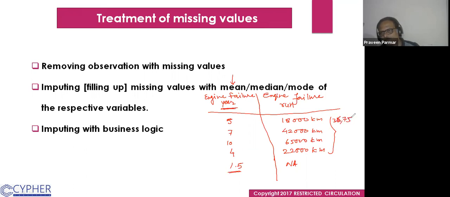This is the mean value. So if I fill in 36,750, it is the appropriate value. If I fill this here, in 1.5 years the car could run like this.